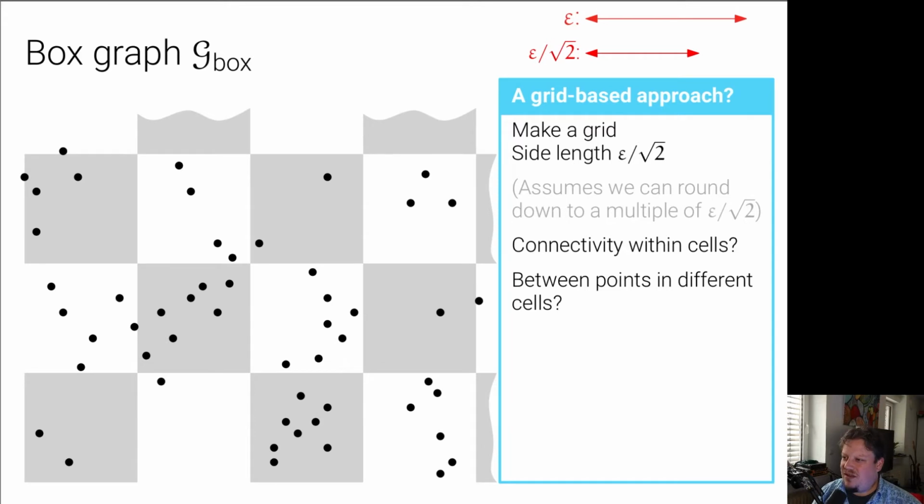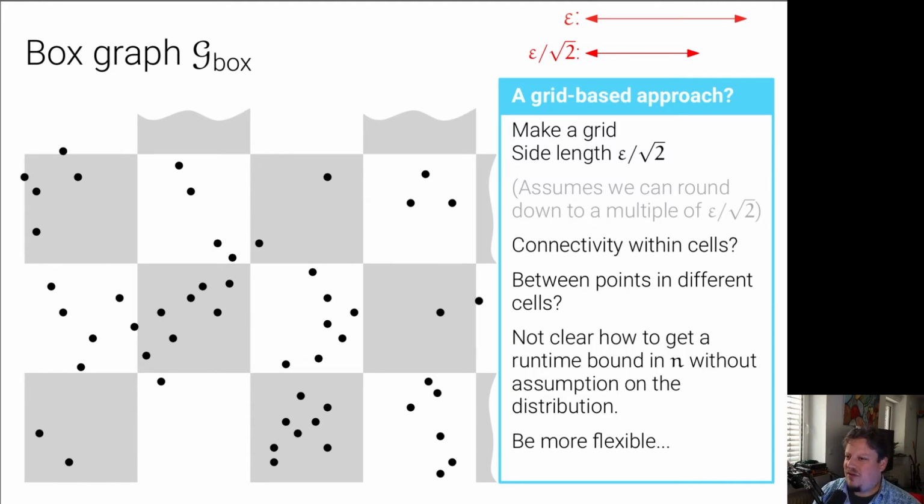I kind of like this idea where I have some kind of structure on the data where I already have some groups that are definitely core points that definitely belong together, and things that are far away from each other are definitely not directly density connected. But this idea of putting the grid is flawed. Maybe it works well in practice, but it's not going to give us the worst case bound that we want, because it's not clear how to get a runtime bound that's only in terms of n, because epsilon shows up in the runtime somehow,